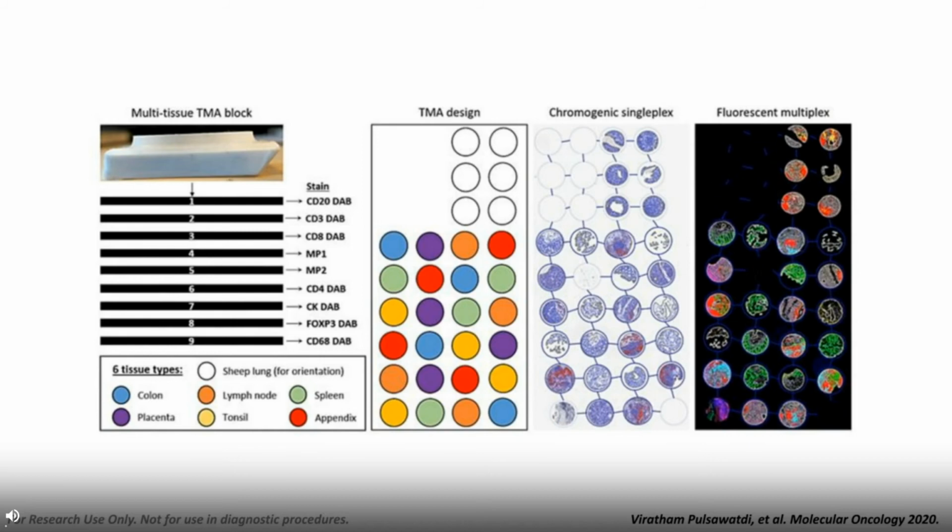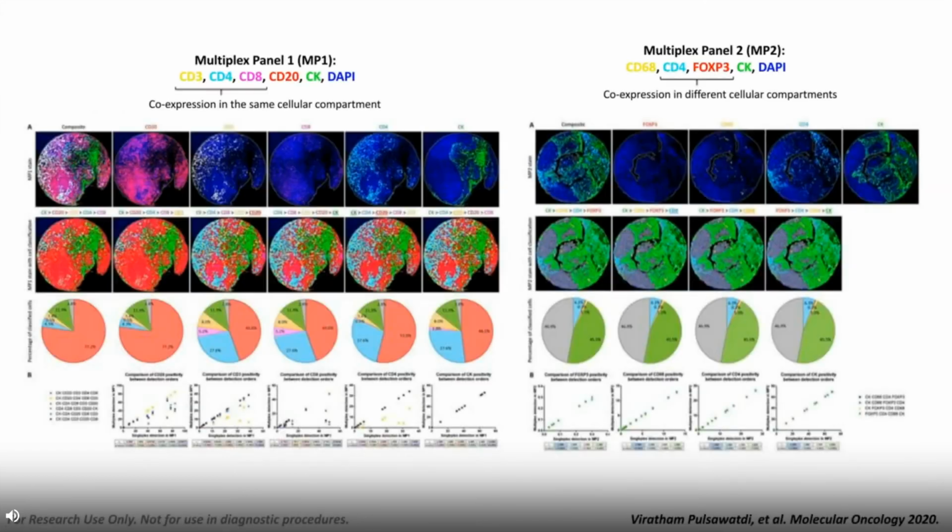And as you can see here, remember I talked about our two different panel designs. Our multiplex panel 1, which had co-expression in the same cellular compartment and required more rounds of multiplex optimization for the wet lab work, was also the most problematic in terms of the order in which the cells were detected and quantified in the tissue, where you may have certain biomarkers going from being 75% of the tissue sample to 44% of the sample. In contrast, our co-expression in different cellular compartments, so we looked at in multiplex panel 2,